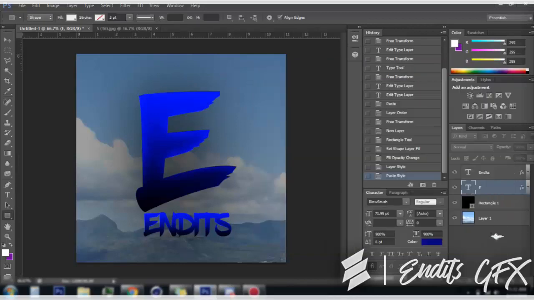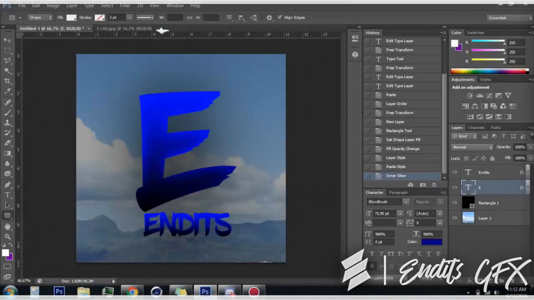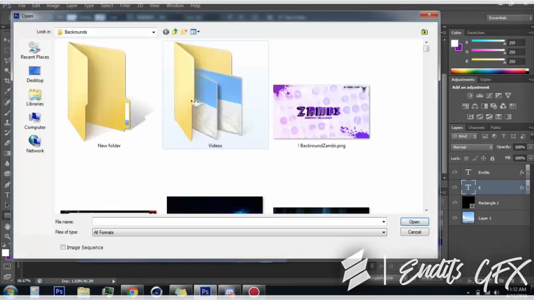There. And yeah, so then another thing you can do is add some effects if you want to. I'm gonna show you. So I'm gonna open it,